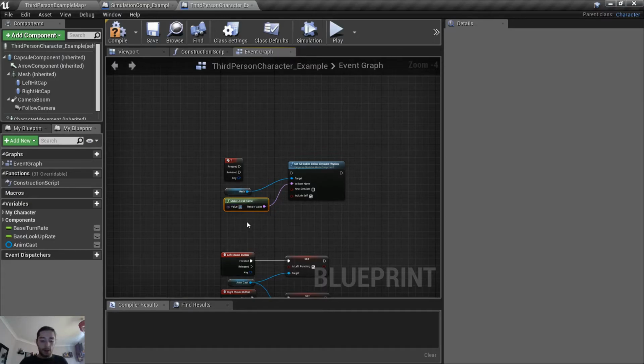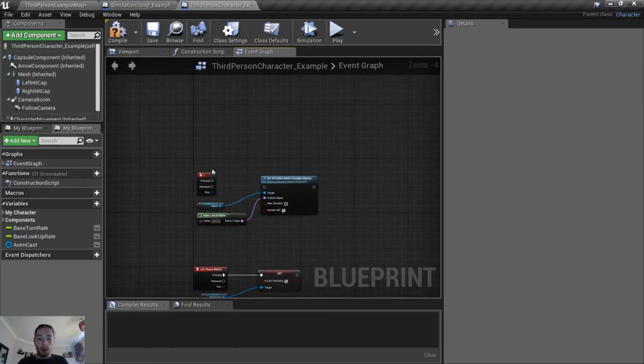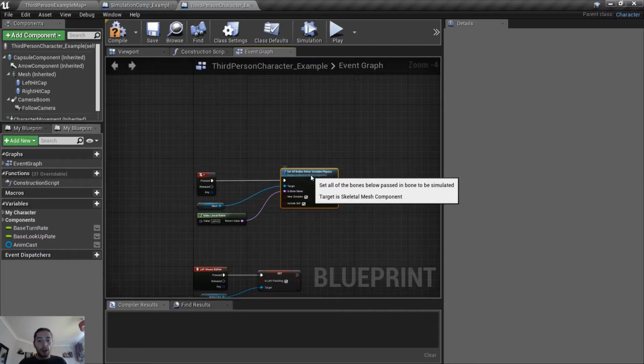Quickly set that to pelvis. When we press T, everything will start simulating for the pelvis. Tick the box, and